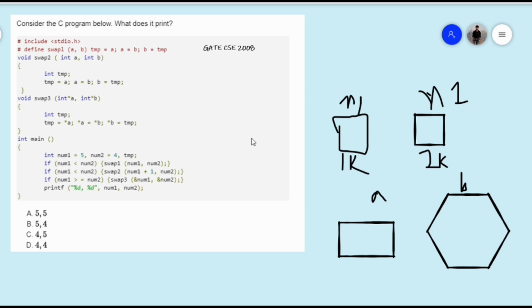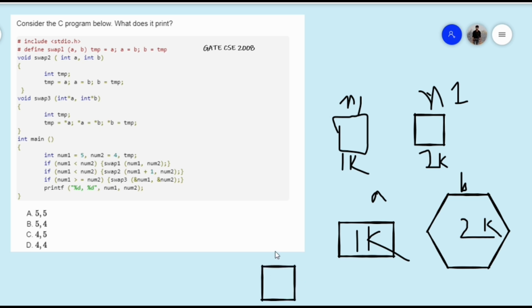Okay, so what they have done is in swap 3 they pass the address of num1. So here this a will receive what? The address of num1, that is 1k, and b will receive the address of num2, that is 2k. Okay, so here there is a variable temp.